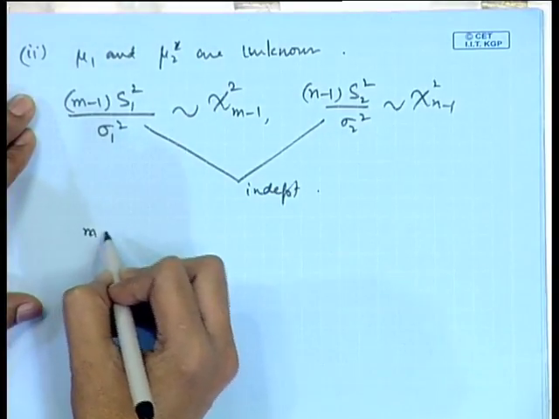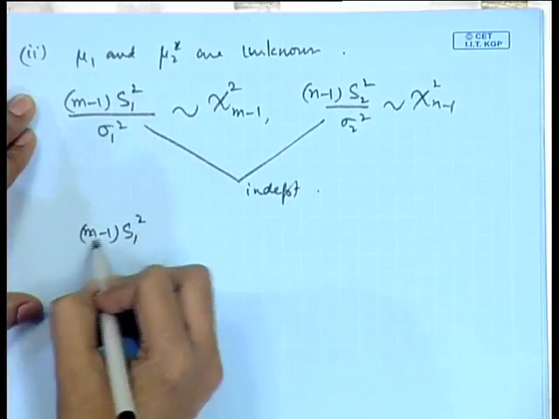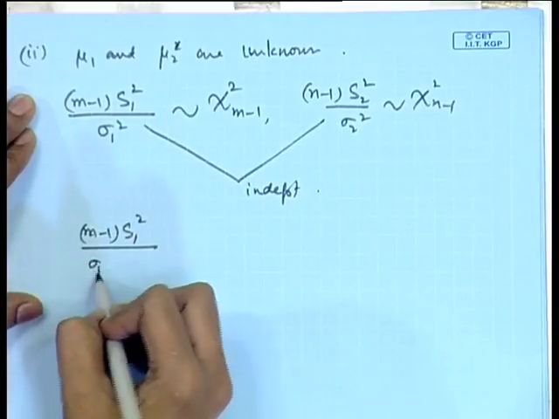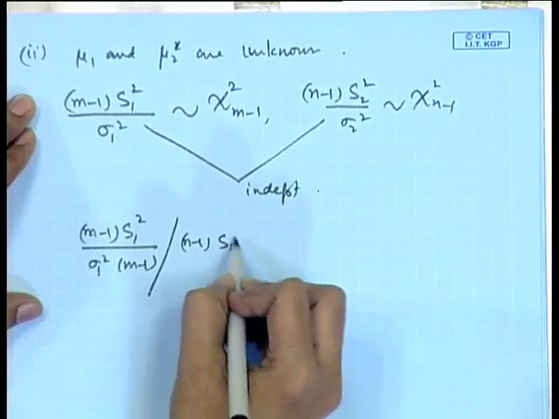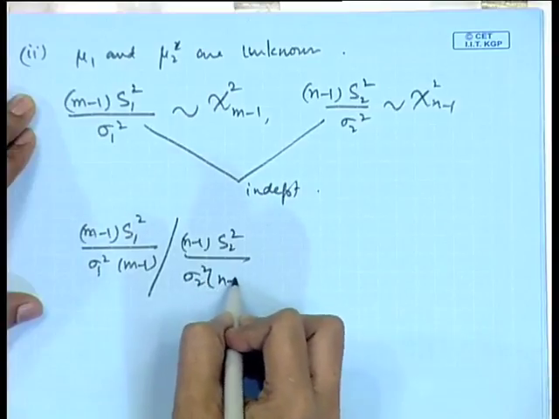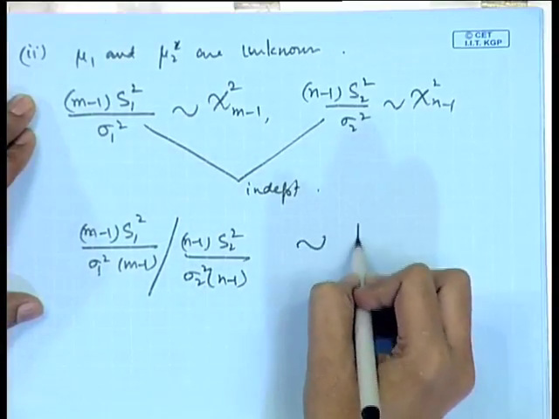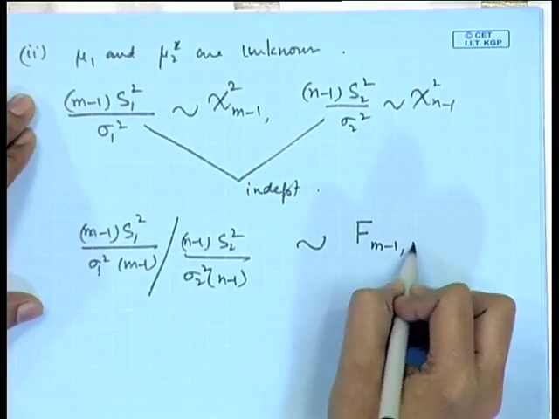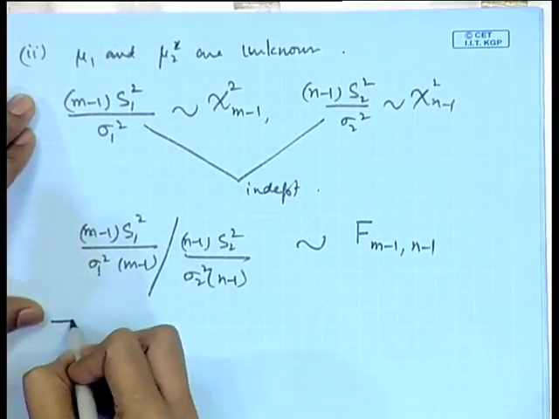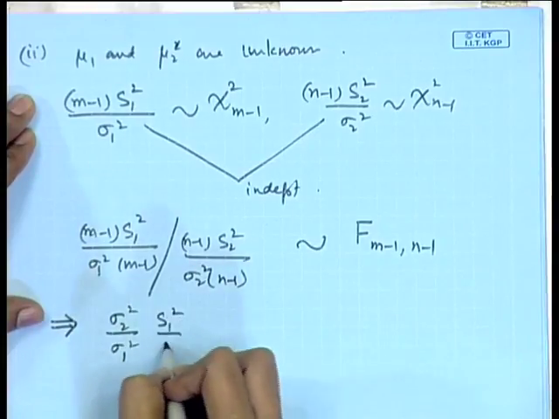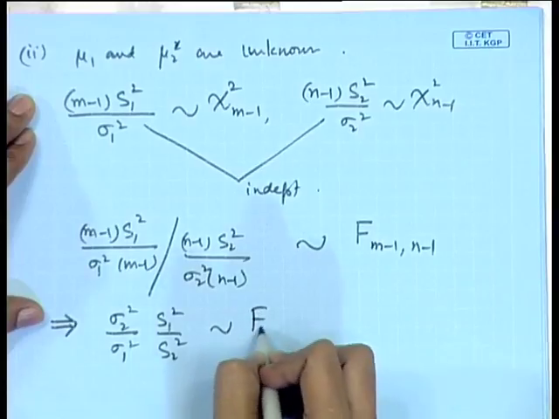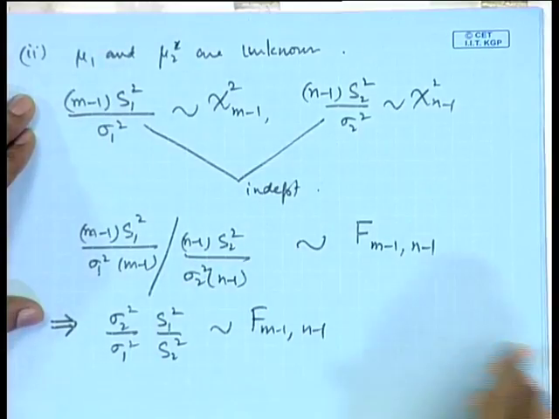So, we can make use of the ratios m minus 1 S 1 square by sigma 1 square divided by m minus 1 divided by n minus 1 S 2 square by sigma 2 square into n minus 1, that will follow f distribution on m minus 1 n minus 1 degrees of freedom, which is reducing to sigma 2 square by sigma 1 square S 1 square by S 2 square. This follows f distribution on m minus 1 n minus 1 degrees of freedom. So, making the use of distribution of f,